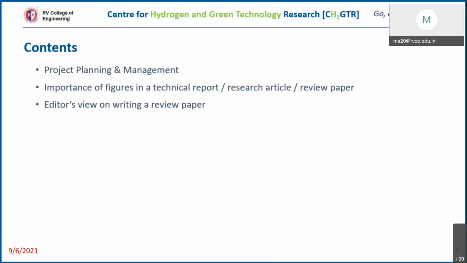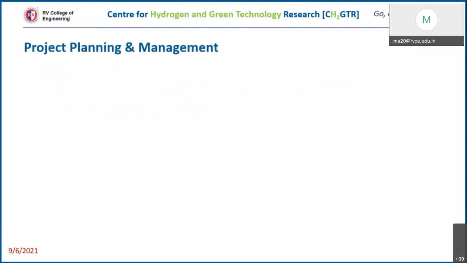Okay, this is general. Now let's continue with project planning and management. Whatever we discussed so far is applicable to everything that we do, be it a course that you undergo, an assignment, a project, or a job that you do in future. As a whole, project management consists of 4 stages: define, plan, execute or deliver, and evaluate.